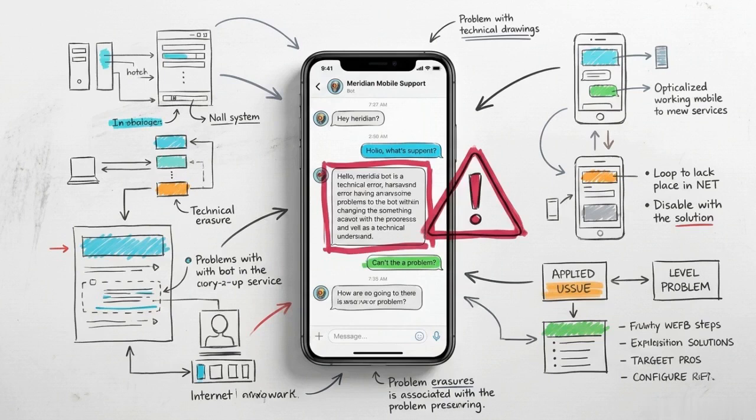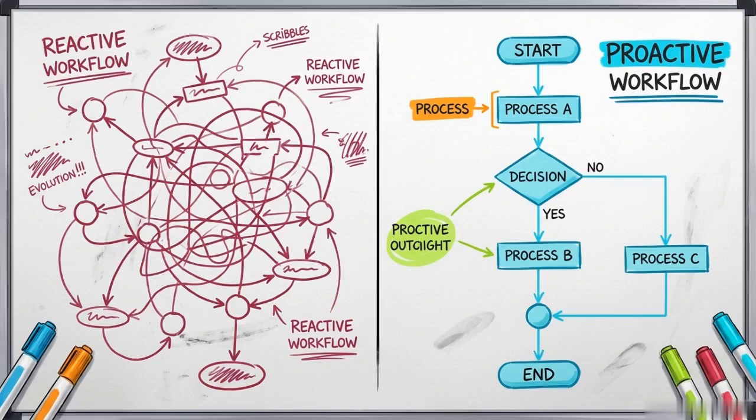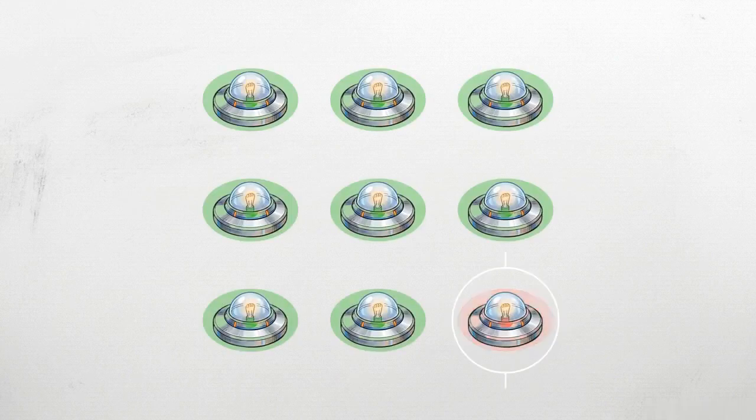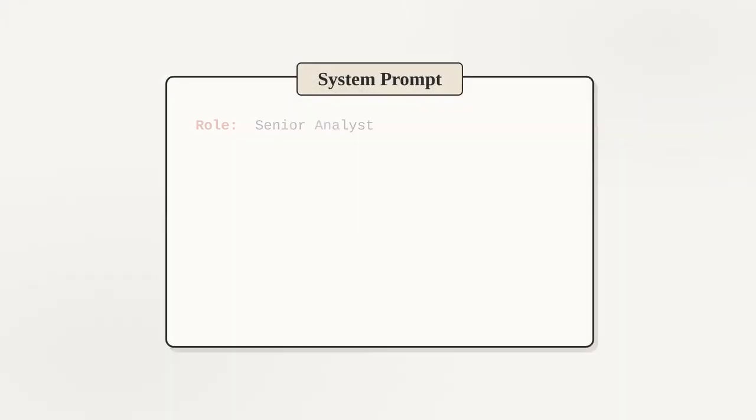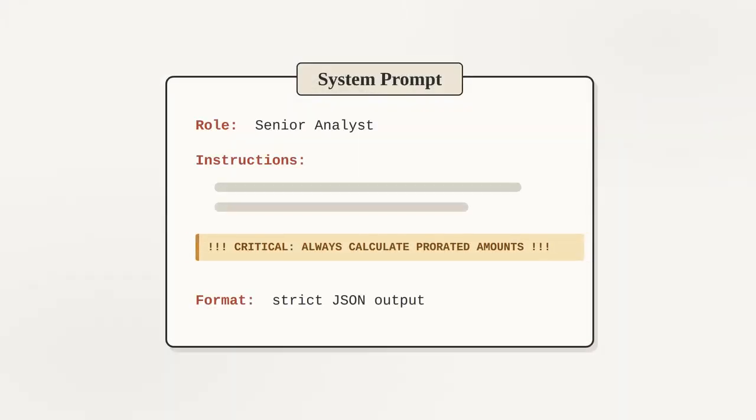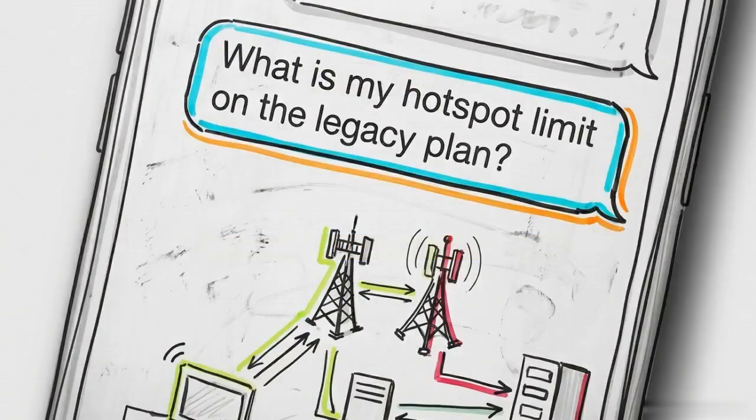To see exactly how this happens, we are going to debug a failing production customer support bot named Meridian Mobile. Transitioning from reactive tweaking to deterministic prompt debugging requires isolating specific failures, identifying the prompt anti-pattern, and applying structural fixes. Our first failing test case involves a user on a grandfathered plan asking the bot for their exact hotspot